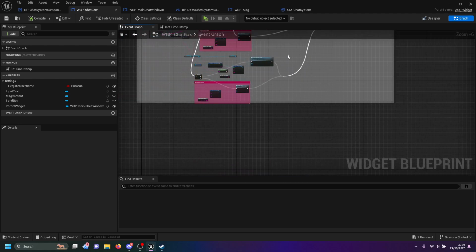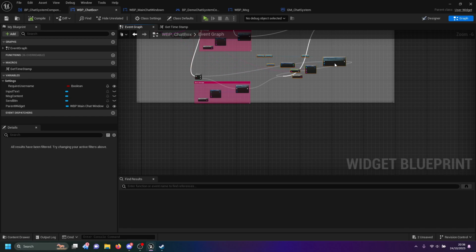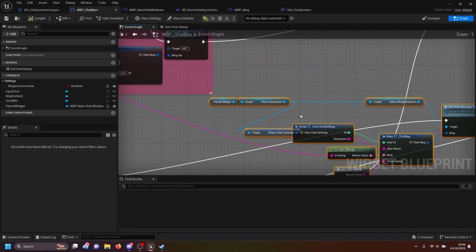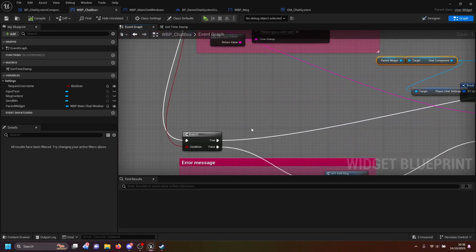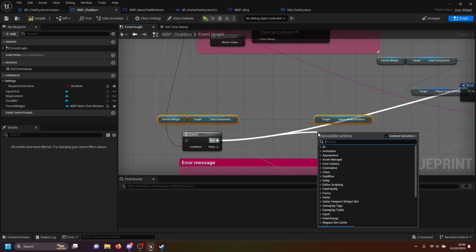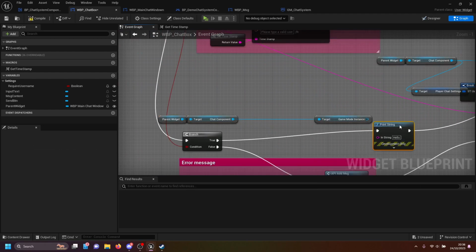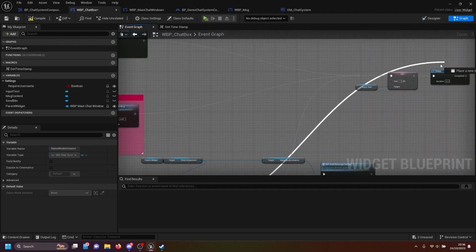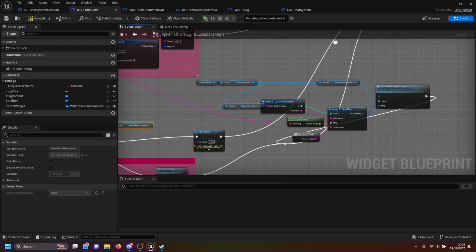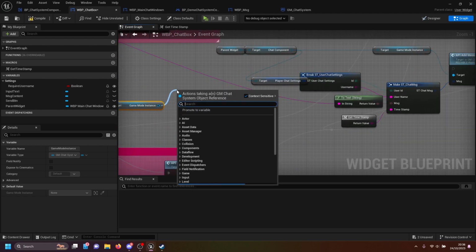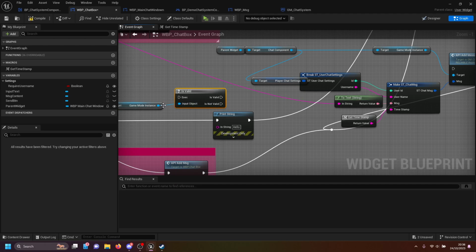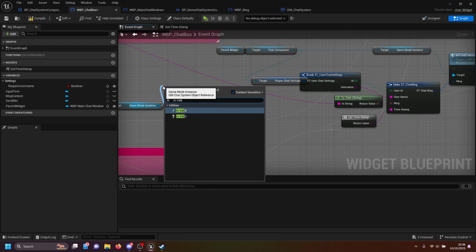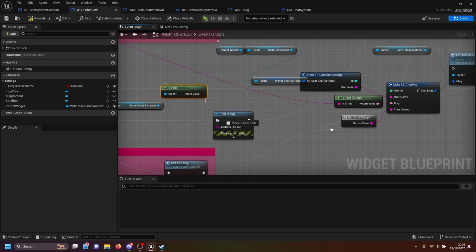This is getting very messy, but we can always clean this in a second. I just want to make sure that we have an instance here that's valid. So I'm just gonna do a print quickly, and I'm gonna plug it right here. This is just for testing. I'm gonna clean up this. I want to make sure the instance is valid, so I'm just gonna call is valid. Oh, actually here is valid. I'm gonna plug it in there,